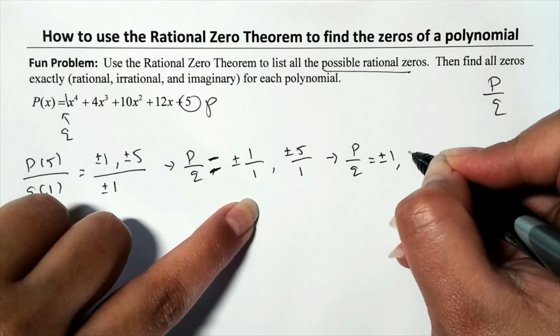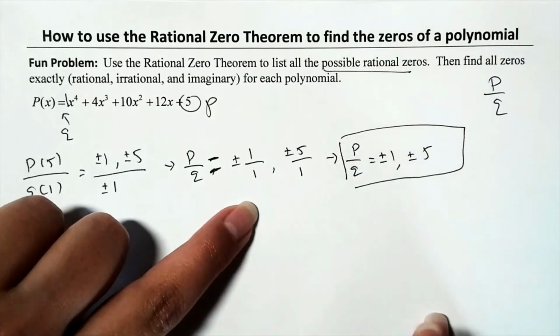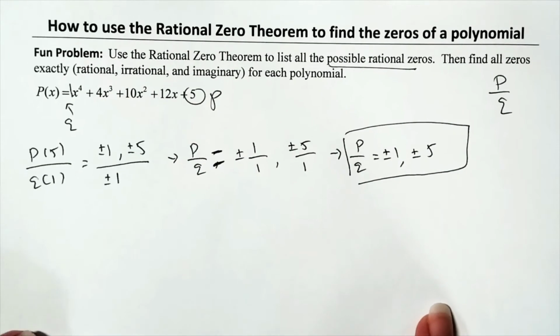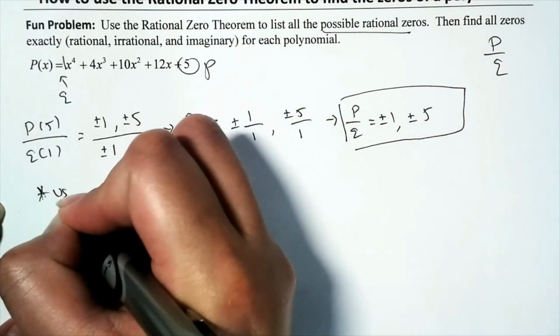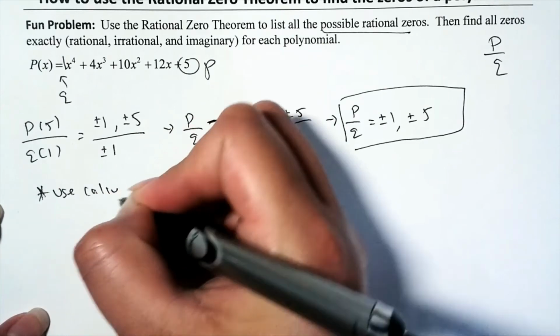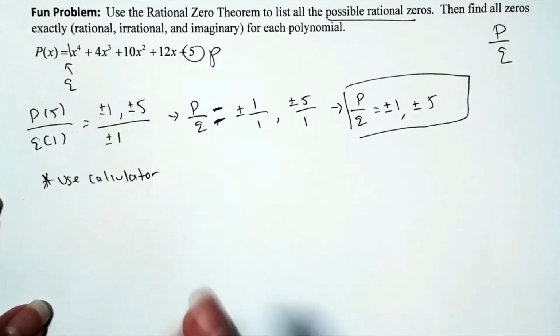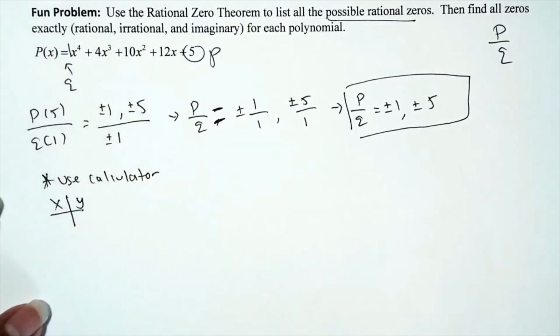Quotient of 5 in itself is 5. Okay, so we have a total of 4 possible rational zeros. That's a relief coming from the list of, what was it, 32 that we had. I already lost track. So let's go ahead and use a calculator to test the possible rational zeros, and then hopefully we have